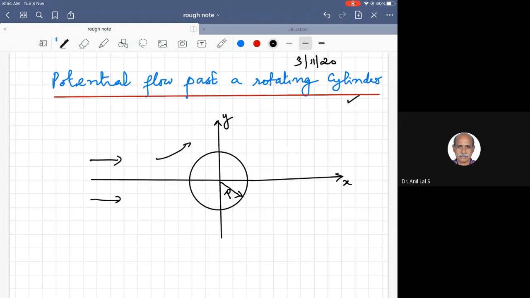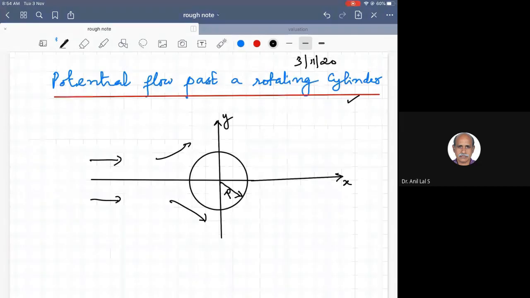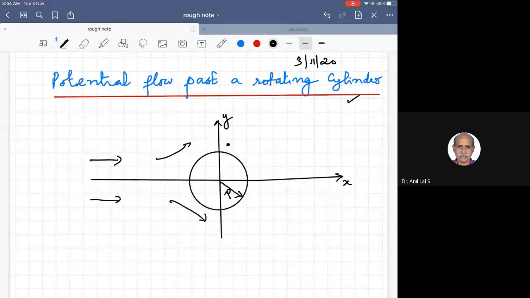So the fluid flows over the surface of the cylinder in a symmetrical manner, thereby the velocity on the top of the cylinder and the velocity at the bottom of the cylinder are equal. And since the velocities are the same, the pressures on the top and bottom are also the same. So there is no pressure difference in the y direction, thereby there is no force in the y direction.